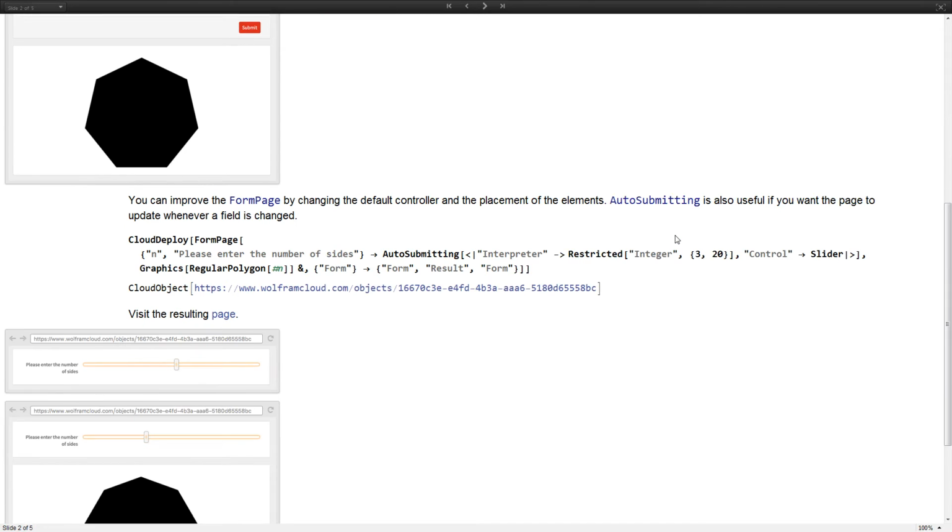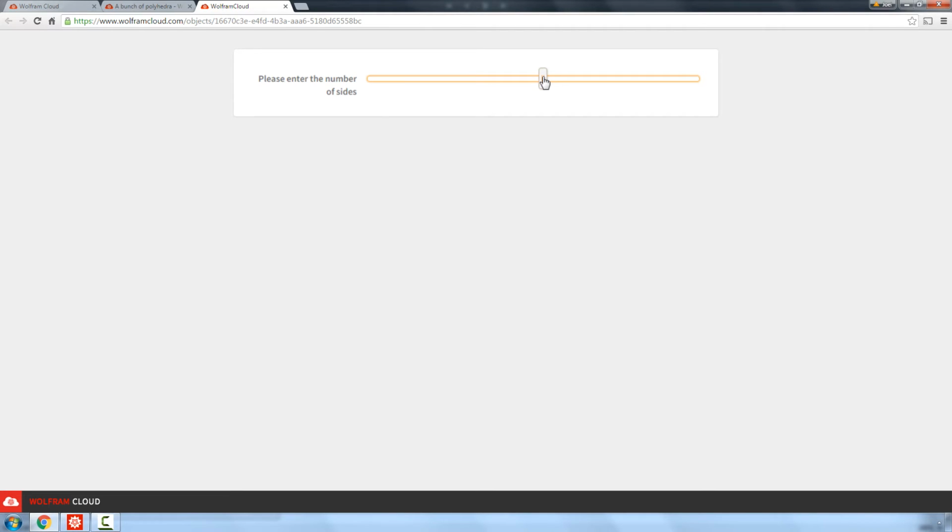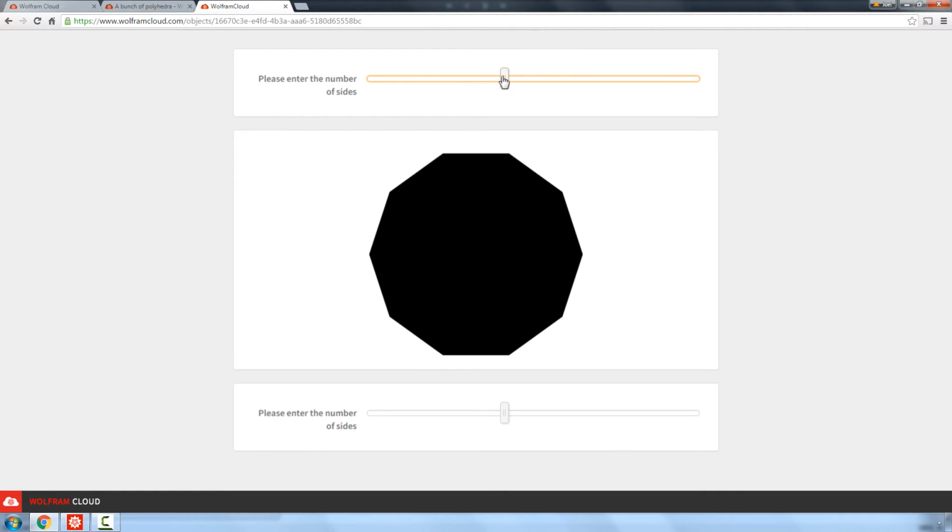Now along with this is the AutoSubmitting wrapper. This is useful if you want the form to update whenever a field is changed. So this is similar to the previous form, but we've got this AutoSubmitting wrapper around the interpreter specification. In this case, we've made it a slider that's restricted to a certain range of number of sides. Let's see how this works. So here we've got our slider. Pick a number of sides, and